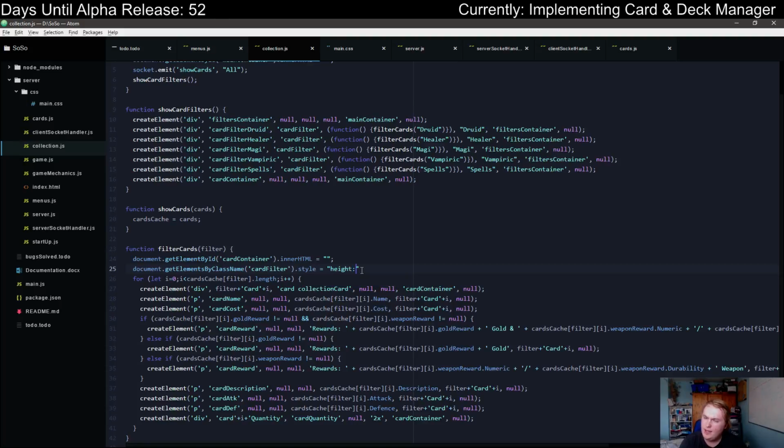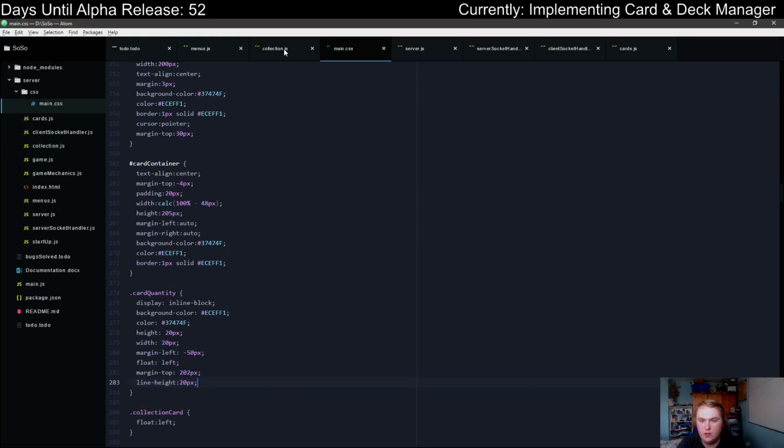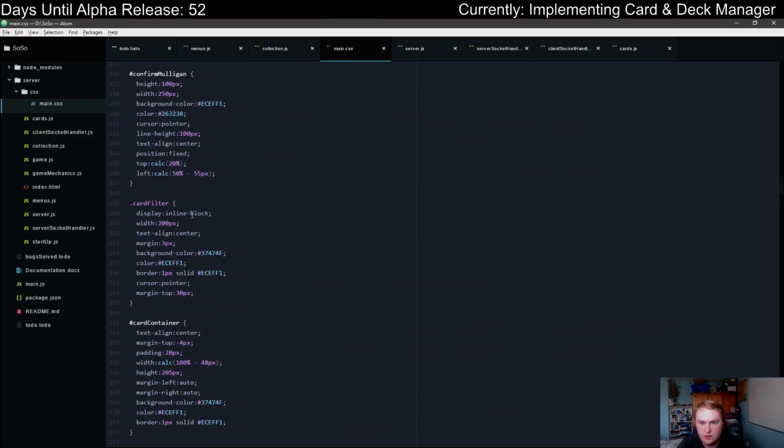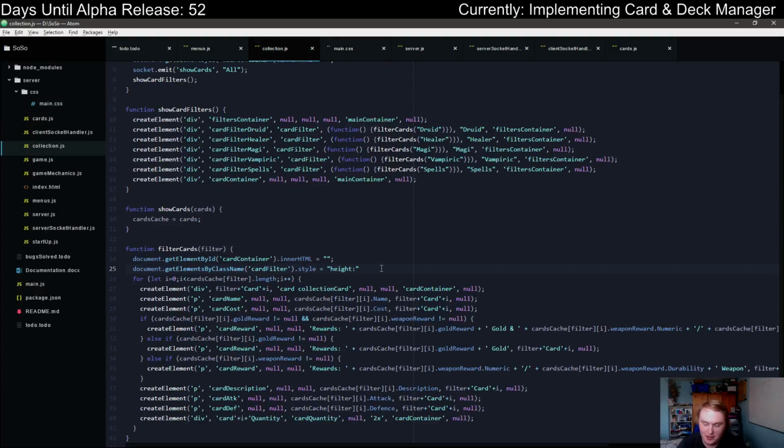I think I can, now I think about it. But then we're trying to assign this to a whole... I'll try it. So if we give this an extra bit of height... In fact, no, we just want to revert it back to the normal. And the normal for the card filters is an unspecified height. Perfect. Okay, so what we'll do